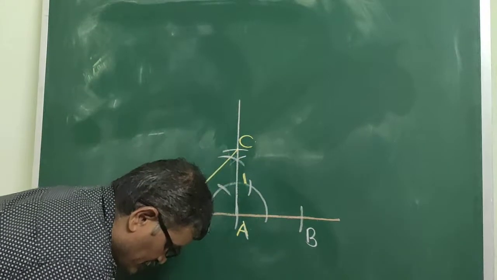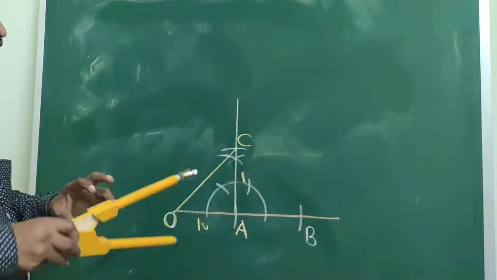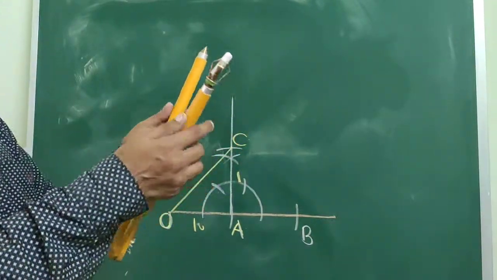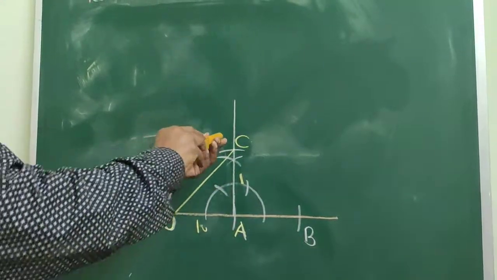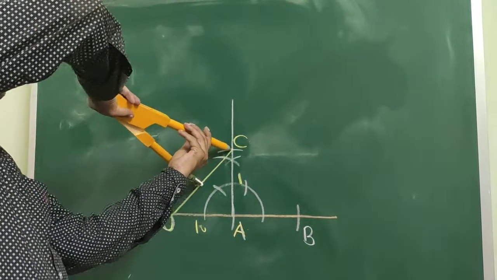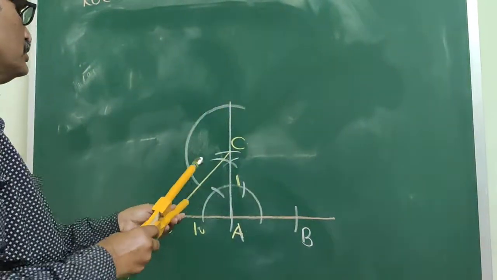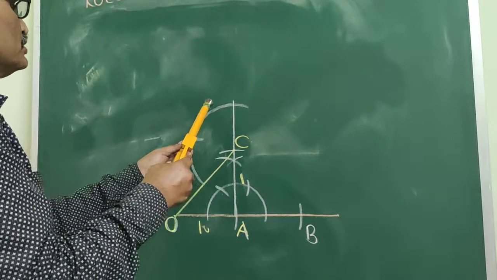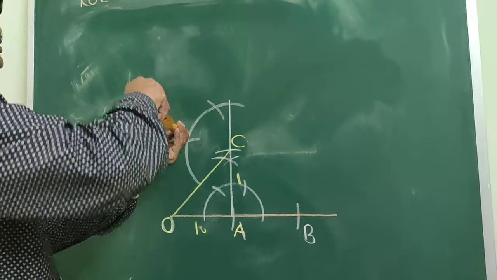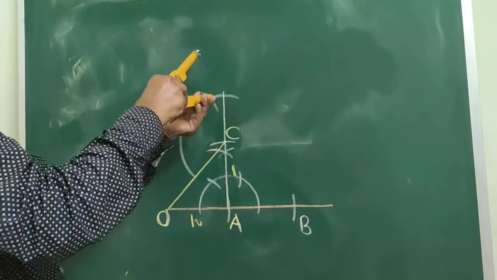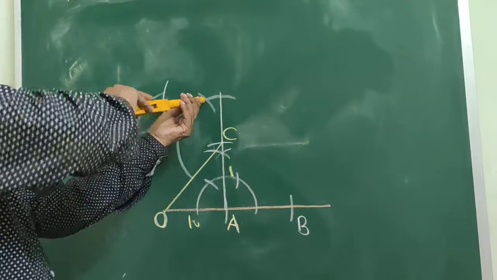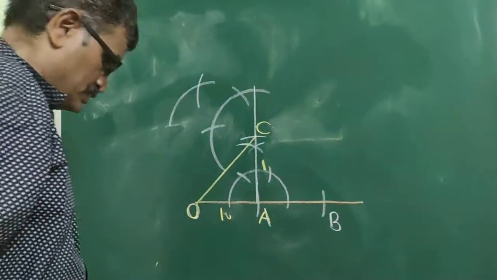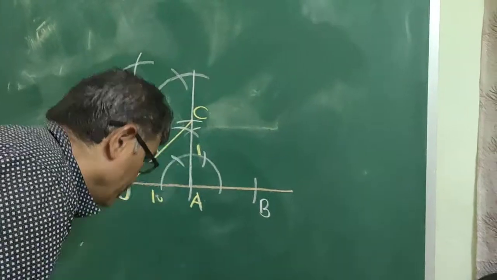And after joining, at point C, again you have to draw one perpendicular. And how to draw a perpendicular? Take a suitable radius with your compass, and then you complete a circle like this. Here again you take a suitable radius, again a suitable radius here, then you draw a perpendicular. This radius, and then you join this line.